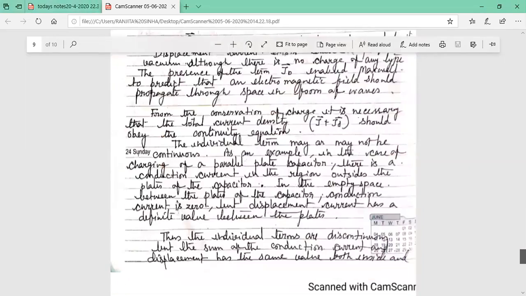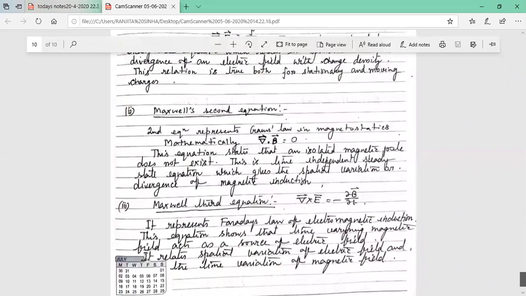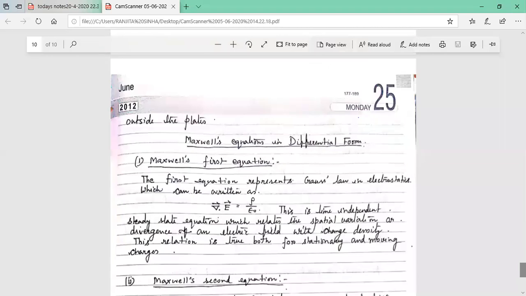I'm just coming to the topic. Here, see, Maxwell's first equation, second equation, third equation. That is divergence of E equal to rho by epsilon 0. This is the Gauss law, actually. What is the problem in your syllabus? Electrostatics is not there. Initially it was there, and this is the differential form of Gauss law. And this is the first Maxwell equation. There are two types of Maxwell equations: Maxwell equations in differential form and Maxwell equations in integral form. So the first equation here, in differential form, is the Gauss law.